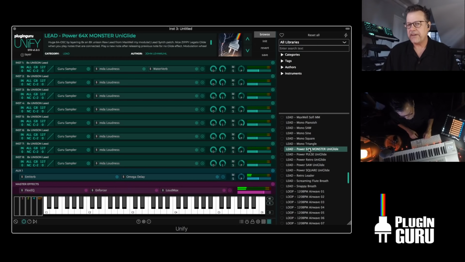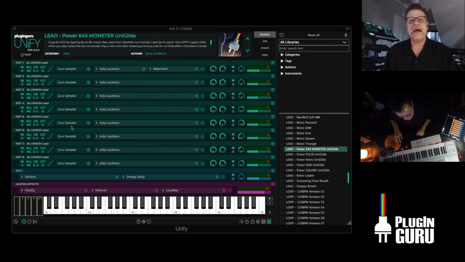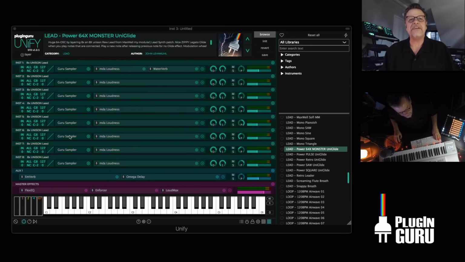Okay? And now it gets more sick. Are you ready for the true sick? I asked Shane to include lag on pitch bend and on the controllers, mainly on pitch bend in this example. And also we have it spec'd out so that we have a separate pitch bend up and a separate pitch bend down. And you see I have different values. So I have 2 octaves up and I have 10 octaves up when I'm going up versus down. Each of these 8 have different settings for every layer, which means